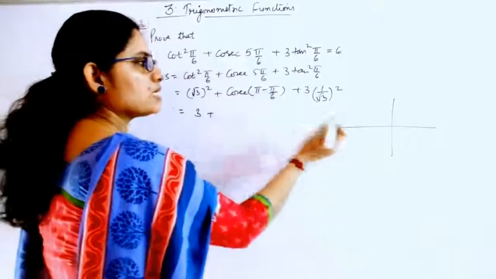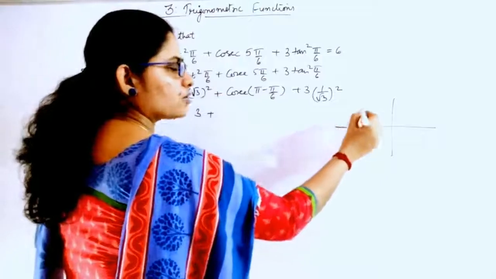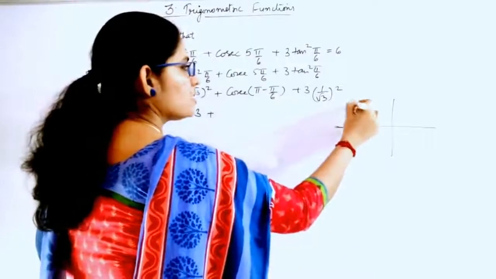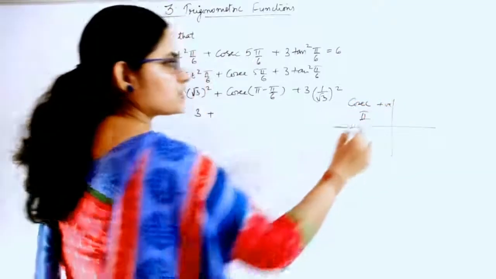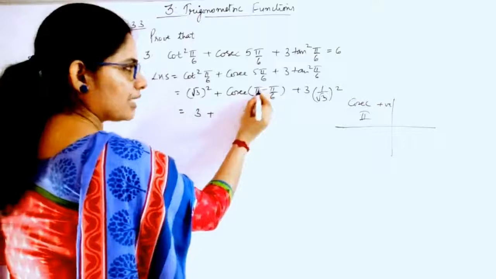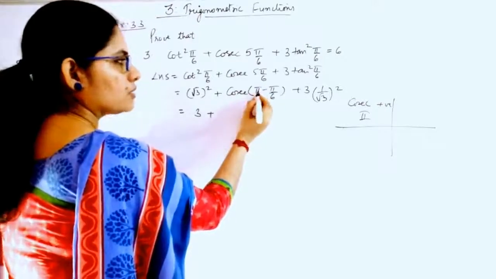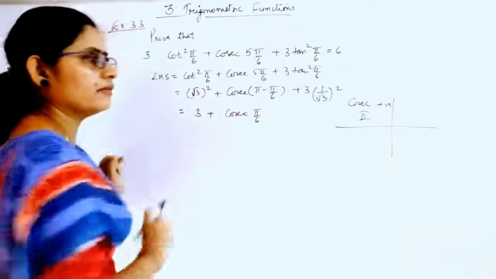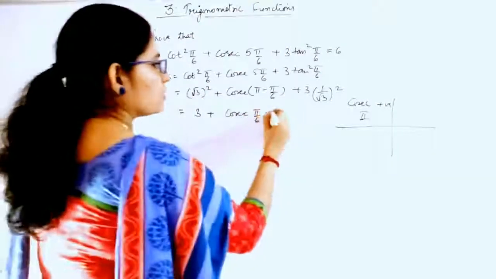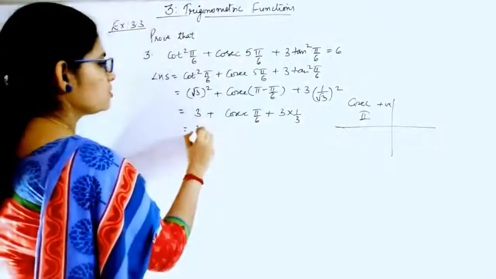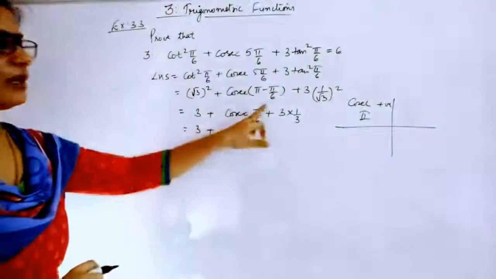Pi minus means pi, till this is your 180. So pi minus will give you here. So it is in the second quadrant, and in the second quadrant cosec will be positive, since sin and cosec are positive. And since it is pi minus something, you will have cosec itself of pi by 6 and its sign will be positive only. Now this will give you 3 into 1 by 3. Okay, so 3 plus, now again what is cosec pi by 6?